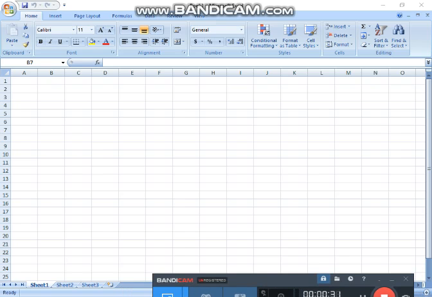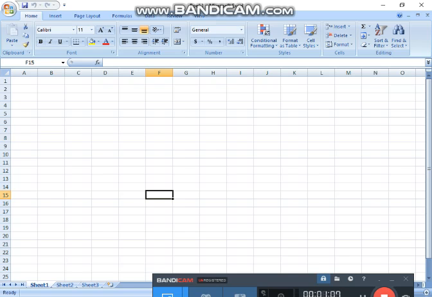What is the sheet? Sheet is a combination of rows and columns. Okay, and it is a workplace where we can enter the data and do the calculations, and the combination of worksheets is called a workbook. Okay, so in a single row and single column, this box is called a cell. Look at here, so many cells are available. If I click the mouse pointer anywhere, this particular cell is called the active cell.